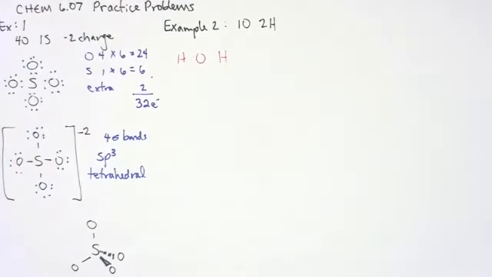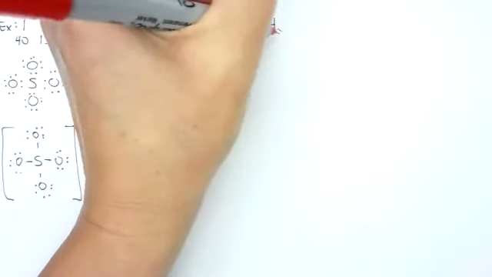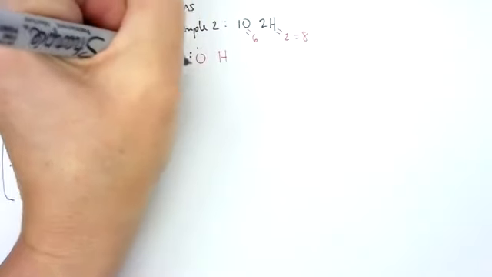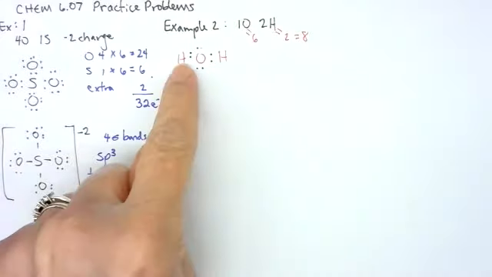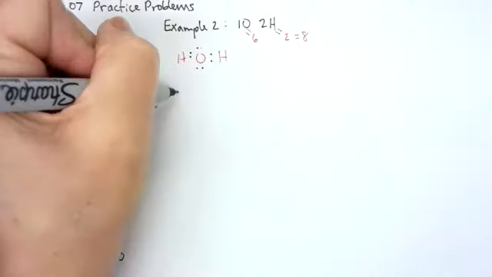So I need to know how many total valence electrons I'm allowed. And when we look at our periodic table, we see that oxygen has 6 and each hydrogen has 1. So I'm allowed a total of 8 valence electrons. So I go 2, 4, 6, 8. Remember, hydrogen only has to have 2 electrons to be satisfied. So this is actually good for hydrogen. And when I redraw this structure, I would have